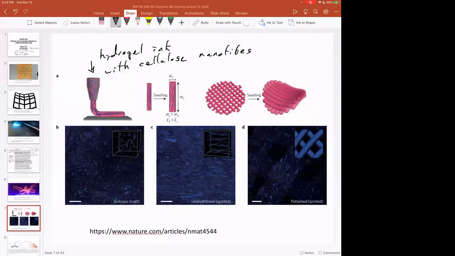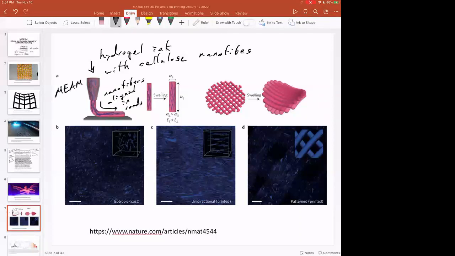And you can see the nanofibers are aligned in the roads. We would expect that because we have this direct ink writing or material extrusion